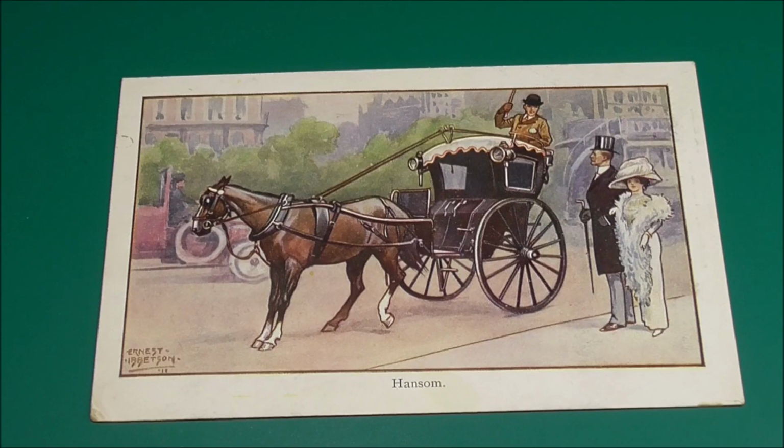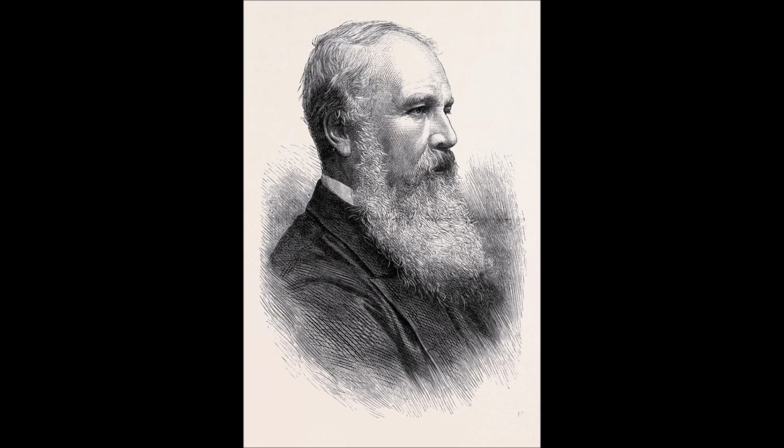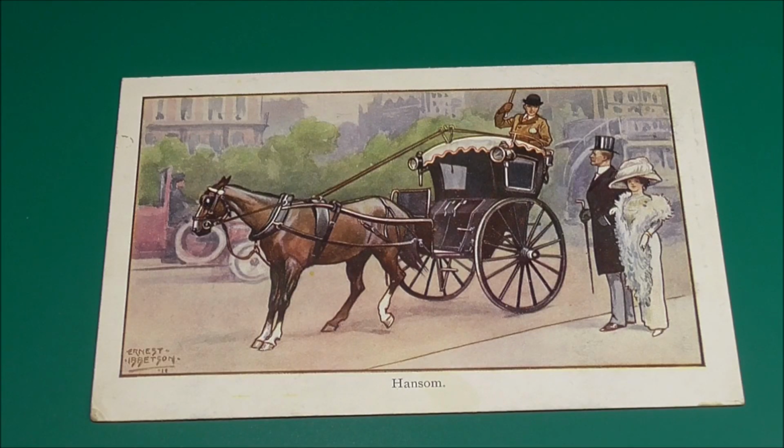It was a two-wheeled, one-horse cab invented by Joseph Aloysius Hansom, the architect and inventor born in York, and it was made to meet the transport needs of the status-conscious middle classes during the Victorian and Edwardian times. Hansom's original vehicle was a crude design that was later improved upon by John Chapman. The Hansom cabs were built in their thousands and filled the streets of London and the towns and cities throughout